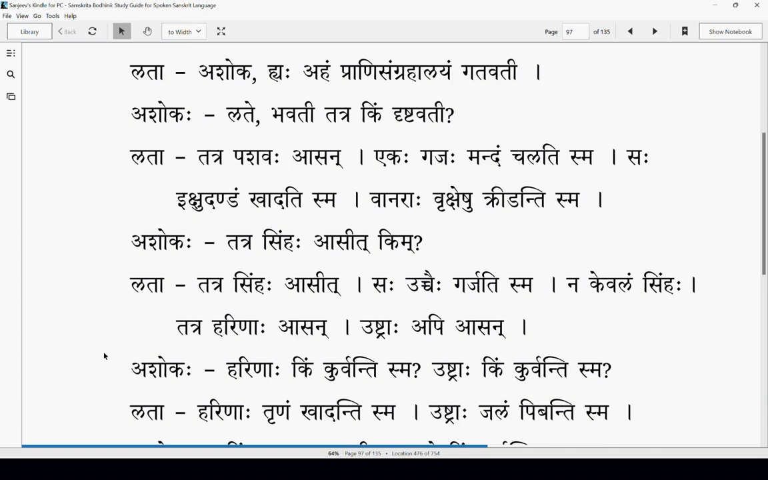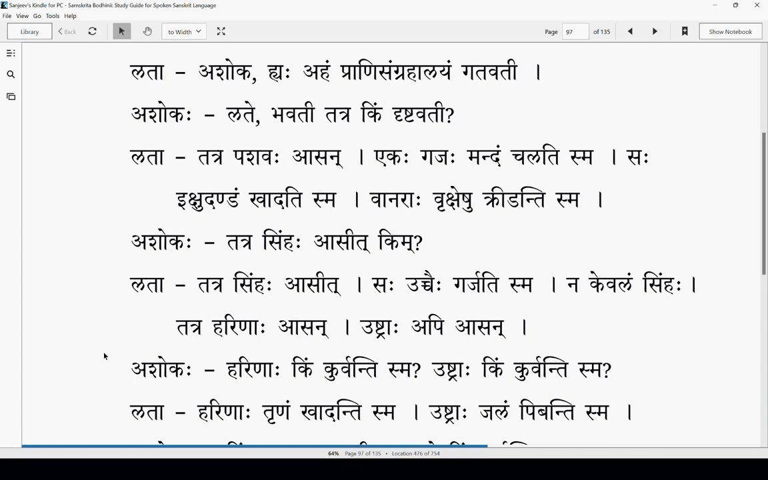Tatra simha asit kim? This is a question. Tatra simha asit kim? Was there a lion there? तत्र सिंहः आसीत् सः उच्चै गर्जति स्म न केवलं सिंहः तत्र हरिणाः आसन् उष्ट्राः अपि आसन्